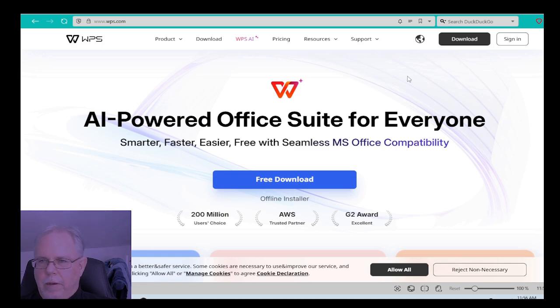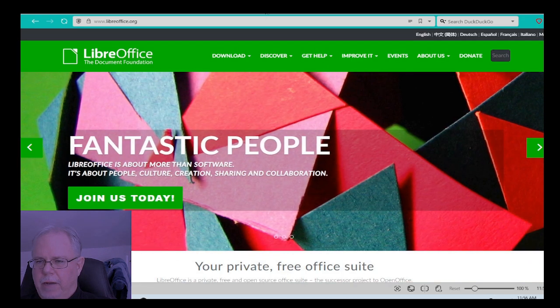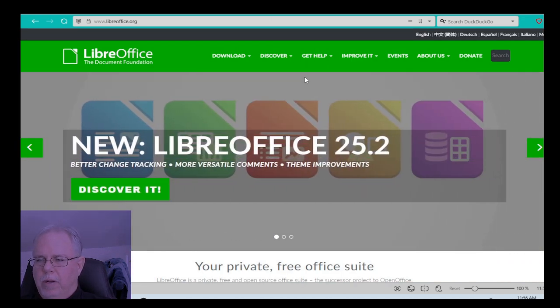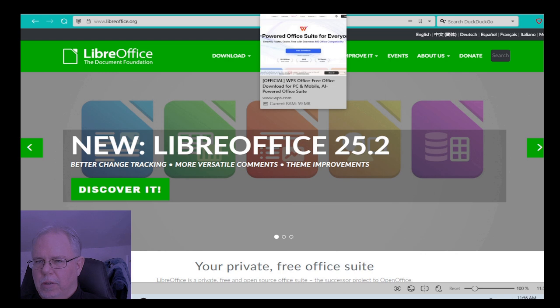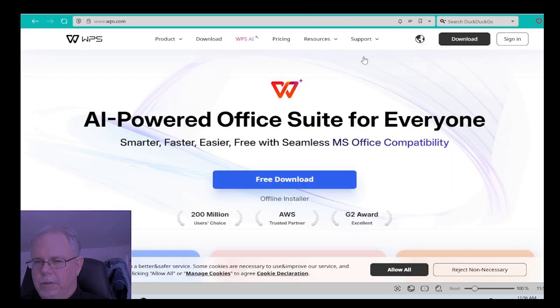By the way, in LibreOffice, you also have a component that's like Microsoft Word, its own word processing program basically. But WPS does not have that, or the database. However, it has a wonderful Excel-like program, and it also has a little bit of